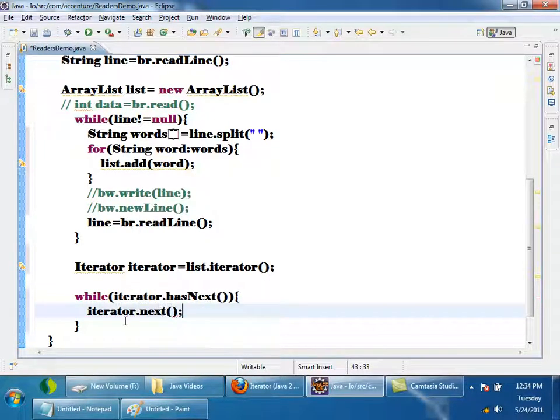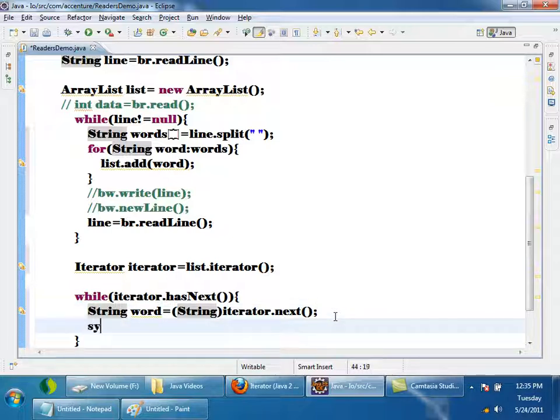I know that it is returning a string, so I'll take it in a string, String word is equal to. Then I'll print it, system dot out dot print, not println, print word plus I'll just print some space for each word.